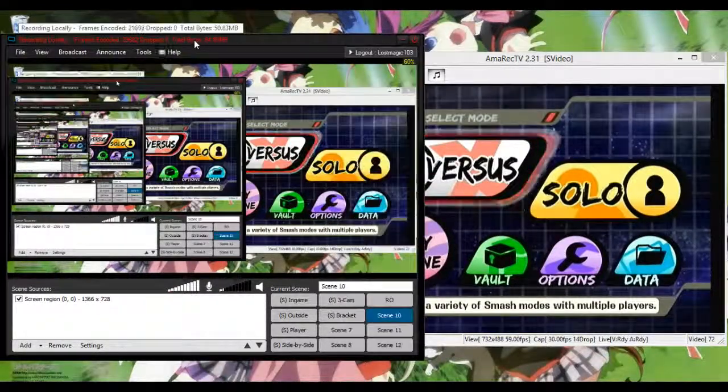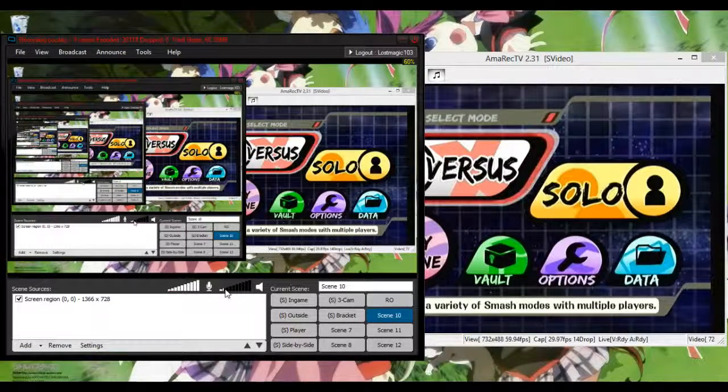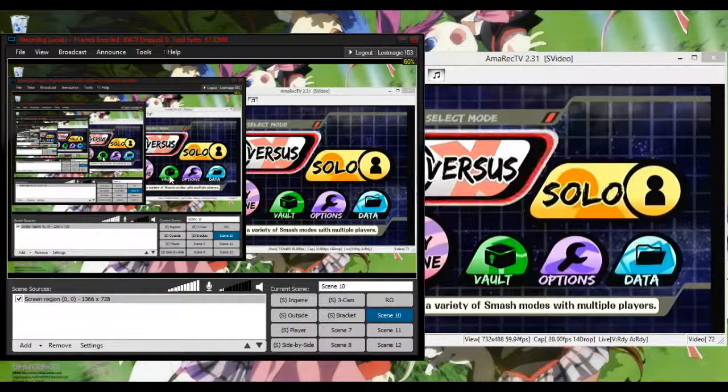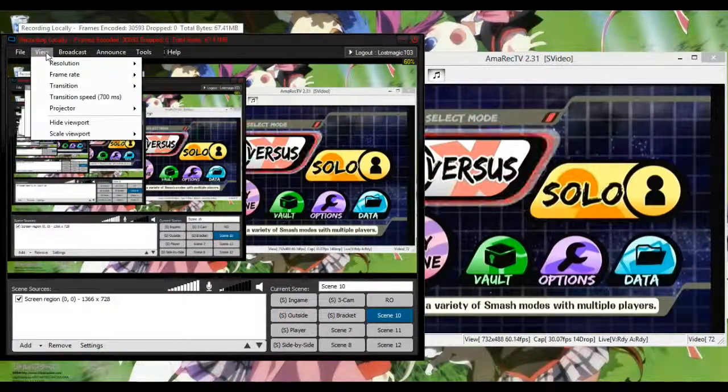So now I'll talk about XSplit a little bit. Again, when I capture, I normally have it at 1.5 to 2. That normally seems about right for a good balance. If you are streaming or capturing at 60 frames a second, it's really important that you go to view and